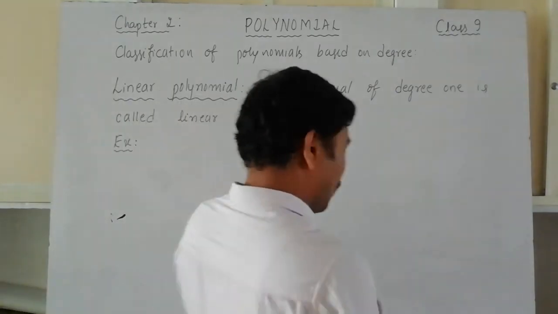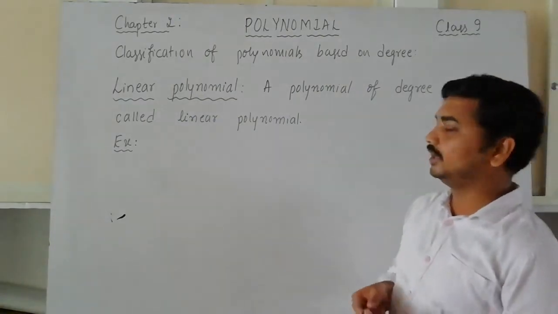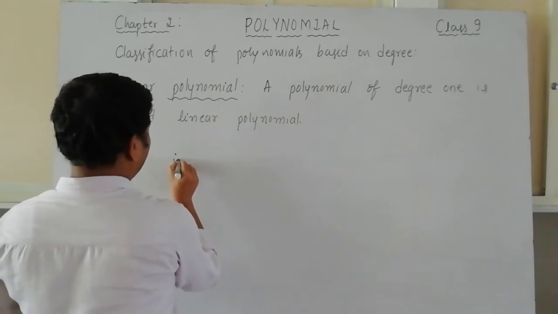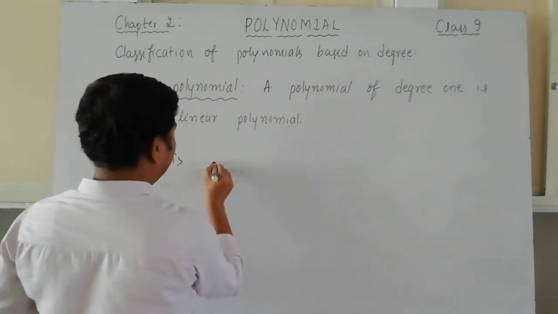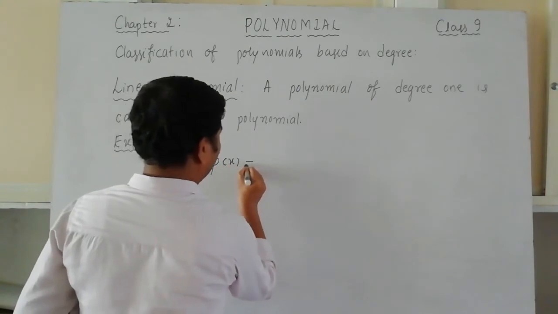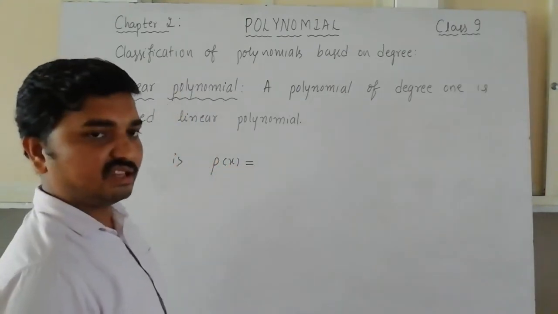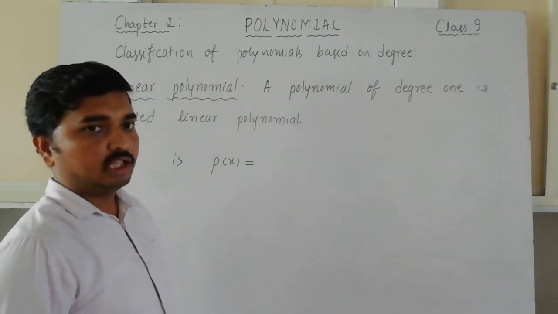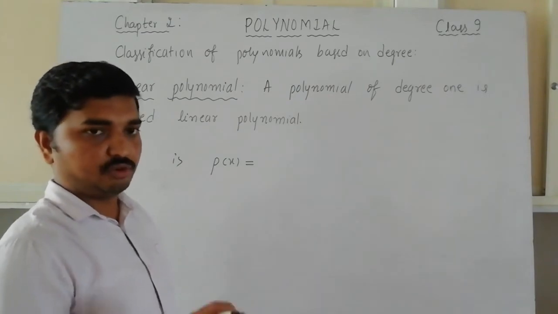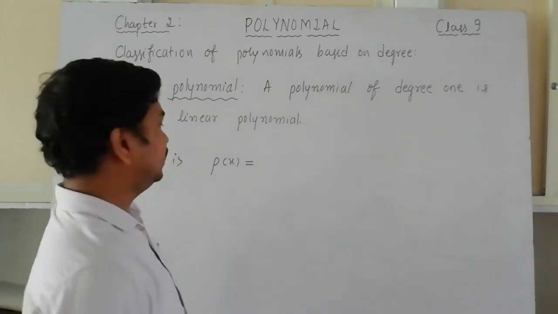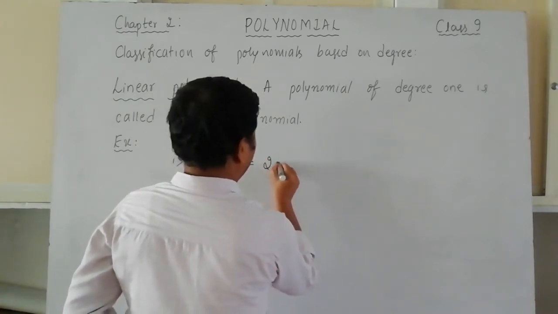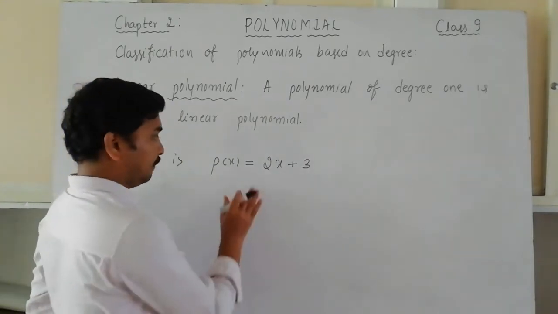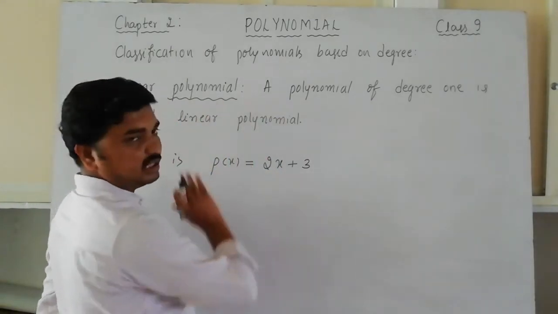One thing is you want examples. Examples of a linear polynomial. Look at here. I am going to write down the examples. First one is p of x is equal to 2x plus 3, where the variable is x and the highest exponent of x should be equal to 1. Remember, otherwise it is not a linear polynomial. It should be exactly equal to 1, degree 1. Now if you identify the degree of the polynomial, degree is equal to 1. That's why it is linear.